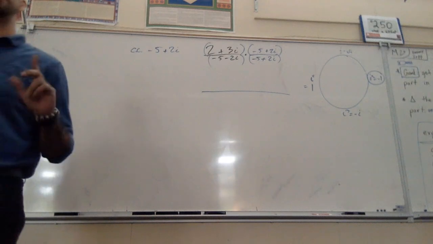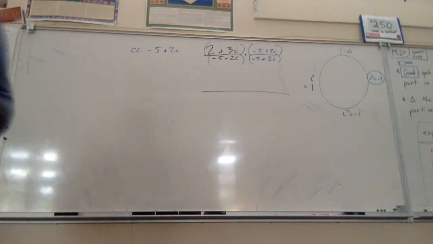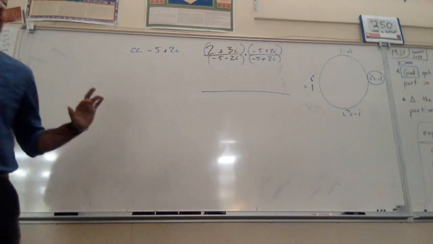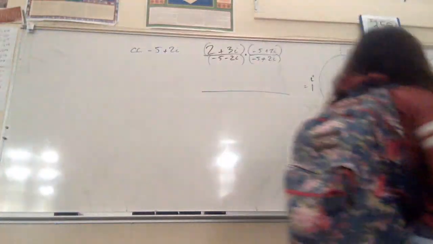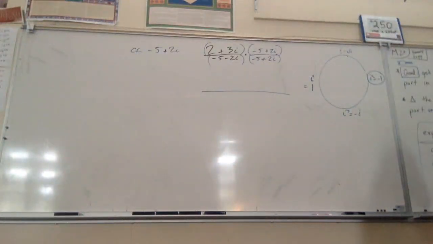We're finishing the lesson, so why don't you come here real quick? They're doing the problem. So we're using these complex conjugates. The reason why we want to get rid of all the imaginary numbers is